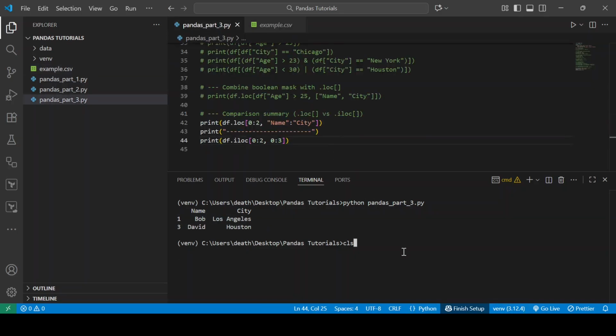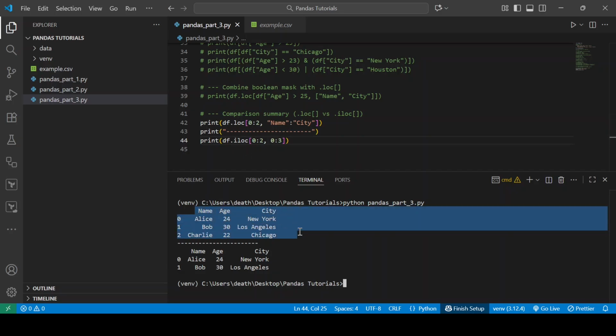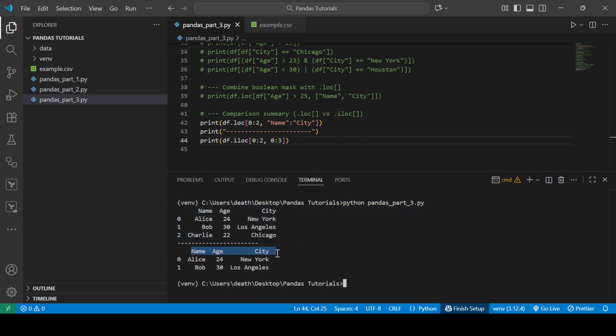Let's now try and place it. And it is exactly as I have told you. On the loc we have name, age, and city, Alice, Bob, and Charlie, but on the iloc we have only Alice and Bob. So the most important thing that you need to understand from this short video tutorial is that